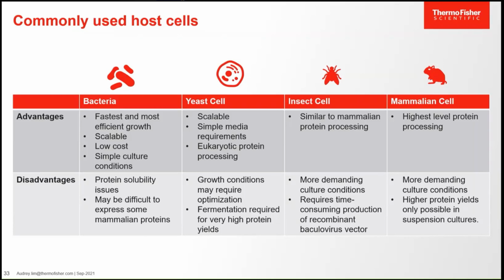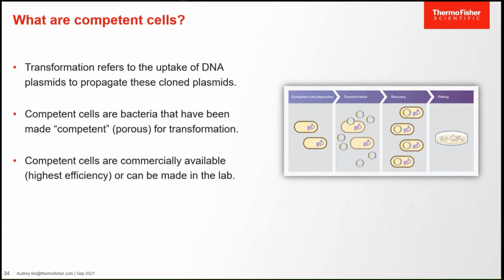However, this cell requires more specialized culture conditions, and higher protein yield will require suspension culture. Okay, so today we will focus on the bacterial cell, which is most commonly used in the lab to propagate cloned plasmid. The process of having a bacterial cell take up your recombinant plasmid is called